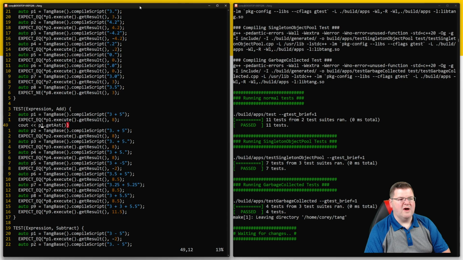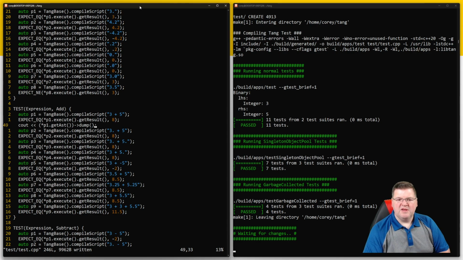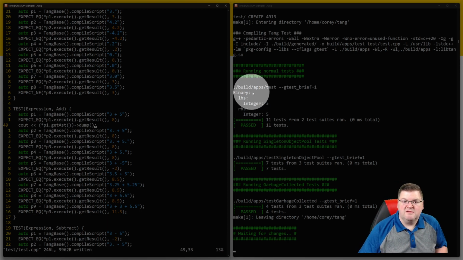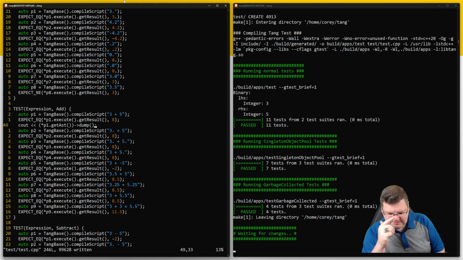Now I already know I'm going to need to dereference it and say dump. You see this right here, what I'm wanting, when it says binary, I want to know what kind of operation it's performing. All right? That's what I want. In order to do that, we need